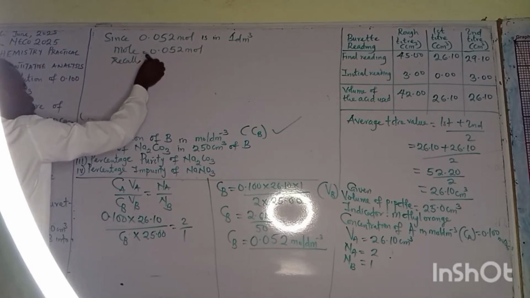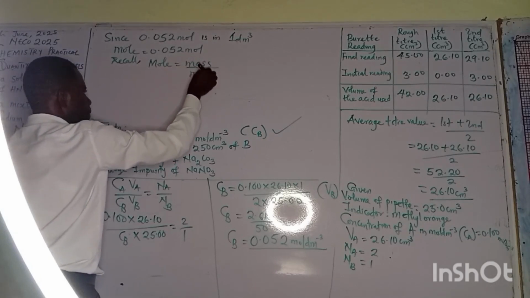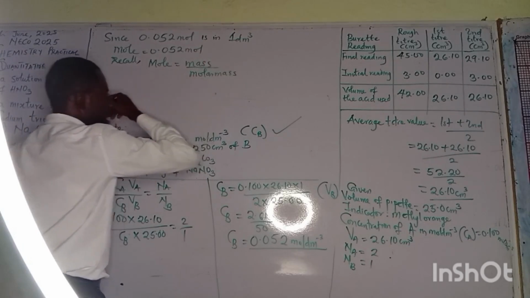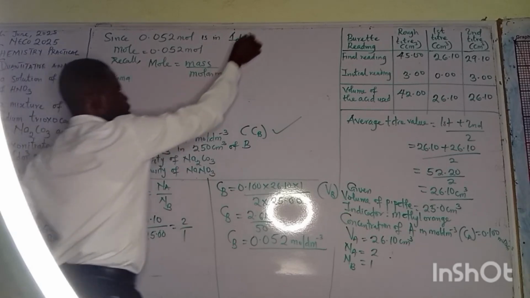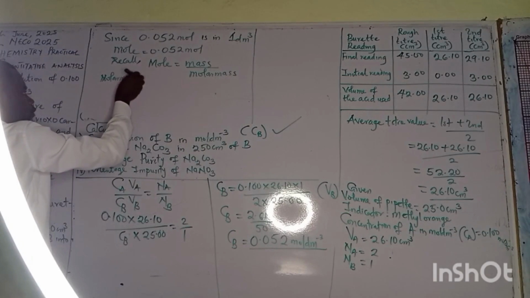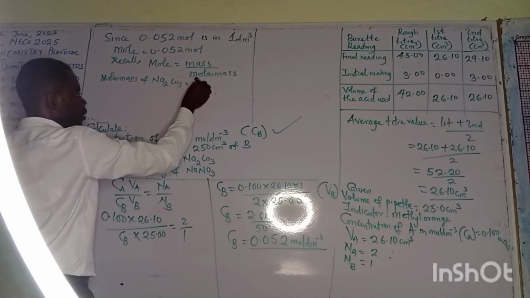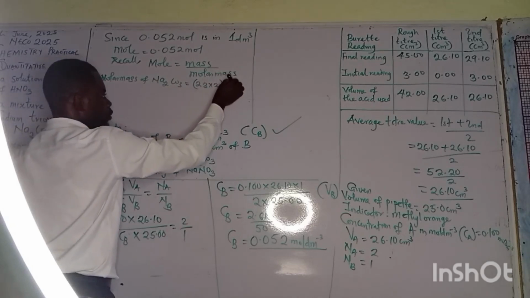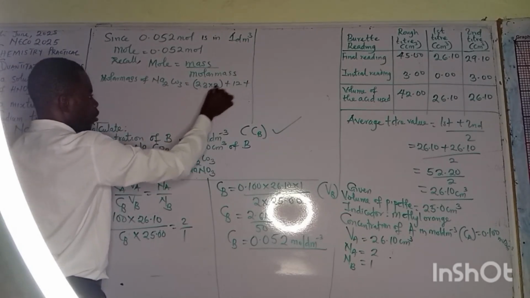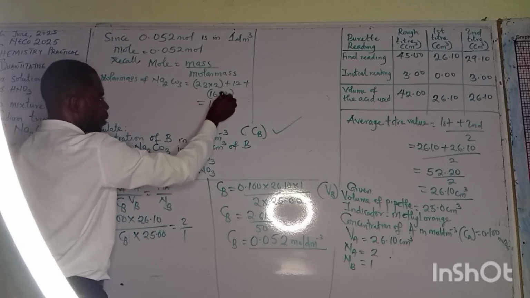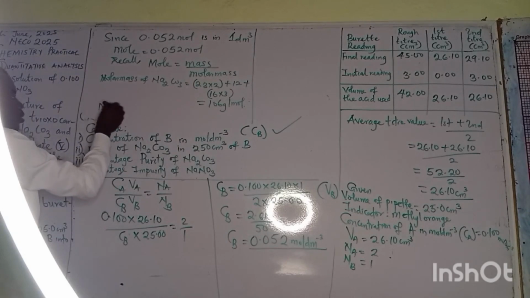Another thing we need to recall: mole equals mass over molar mass. What's the molar mass of sodium carbonate, Na2CO3? That is 23 times 2, plus 12, plus 16 times 3 for oxygen, which gives us 106 gram per mole. In that situation, mass equals mole